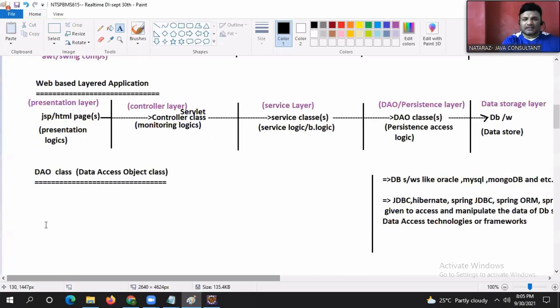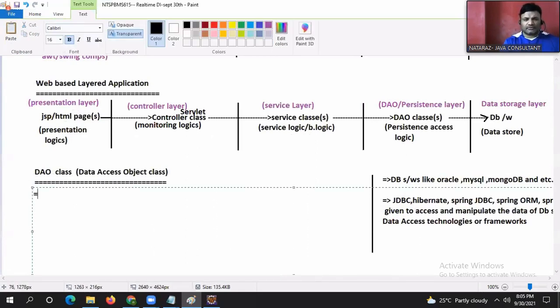What are data access technologies? The Java class whose code is